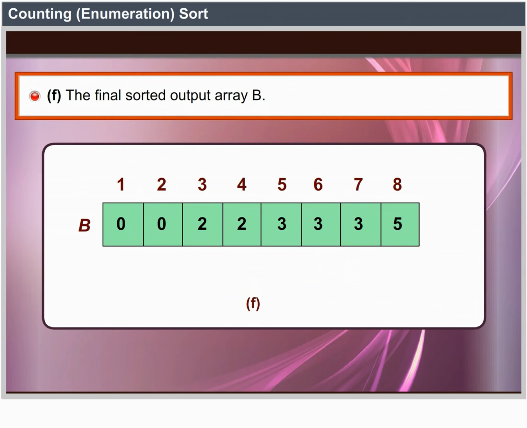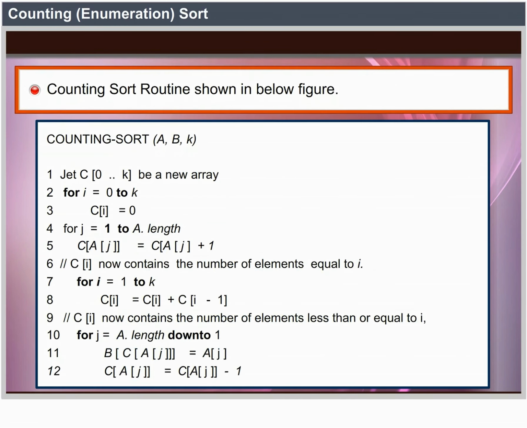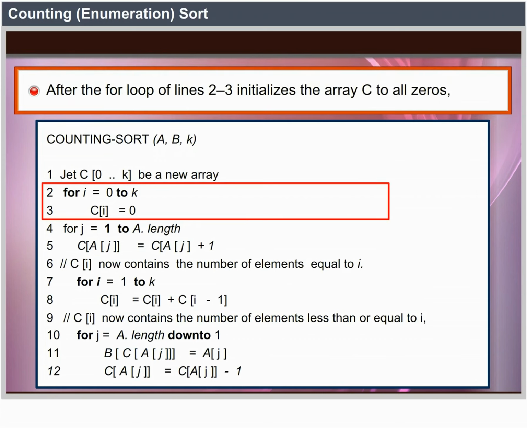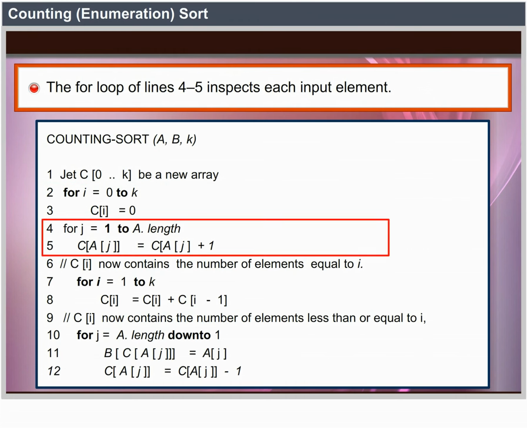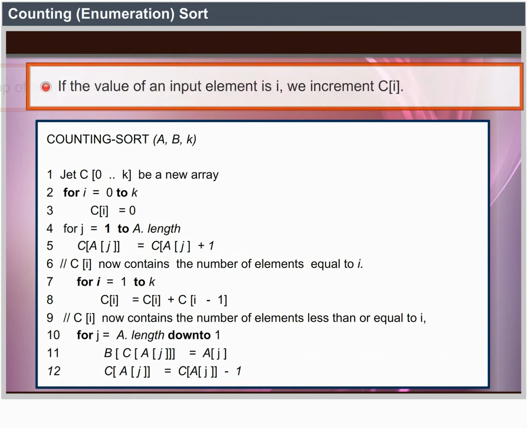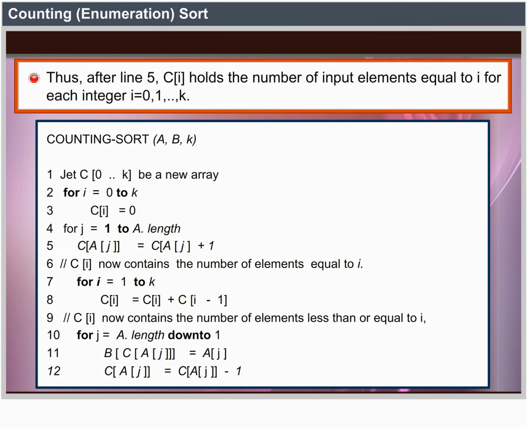Counting sort routine shown in the figure below. After the for loop of lines 2 to 3 initializes the array C to all zeros, the for loop of lines 4 to 5 inspects each input element. If the value of an input element is i, we increment C[i]. Thus, after line 5, C[i] holds the number of input elements equal to i for each integer i = 0